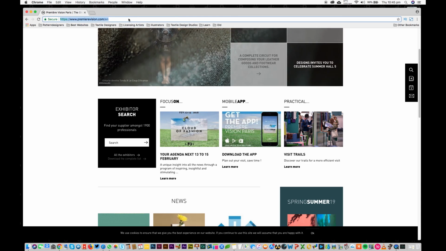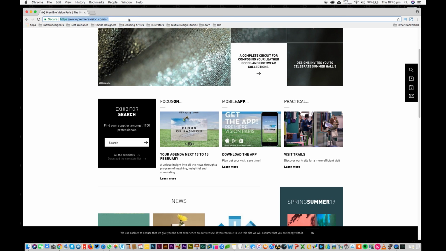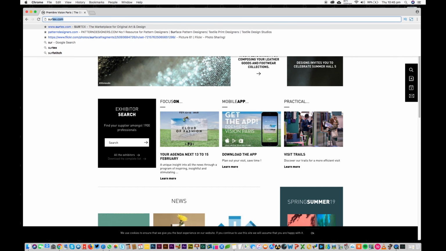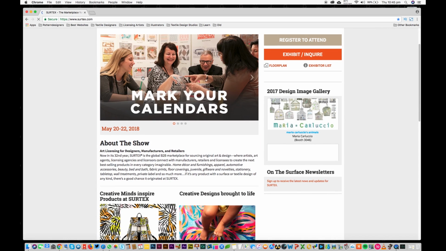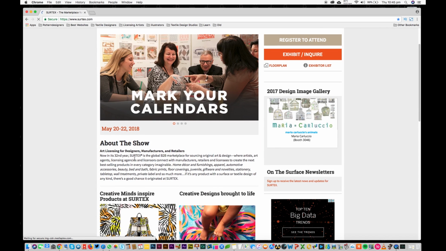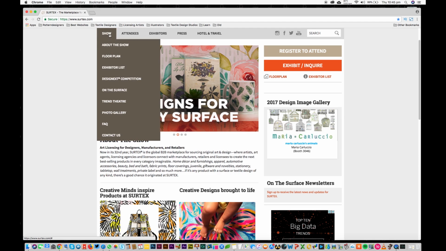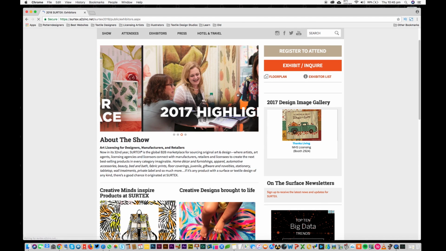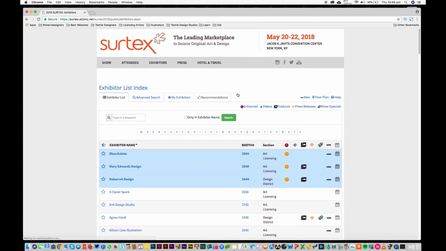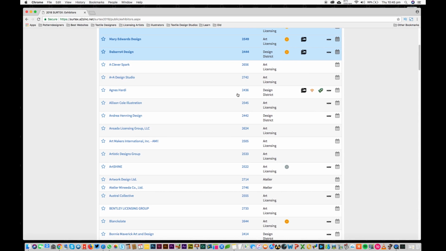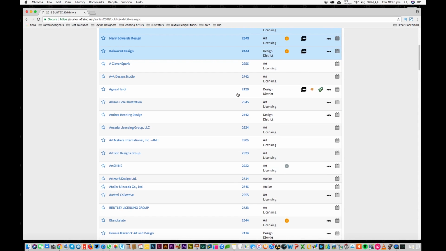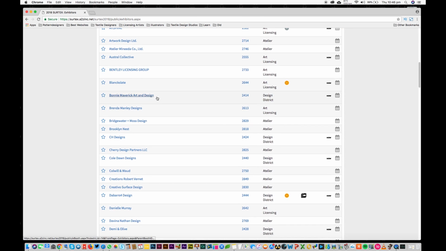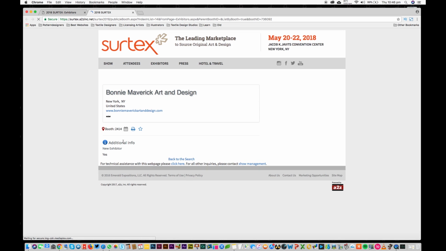And for licensing artists and surface pattern designers, I have Certex. I think I just read a minute ago that these guys have been going for 32 years. These guys have about 100 people exhibiting. I think their booth costs are about the same, between 3,000 and 5,000 for the booth. Let's have a look at the detail. Does it give you websites? Yeah, it gives you a few details.